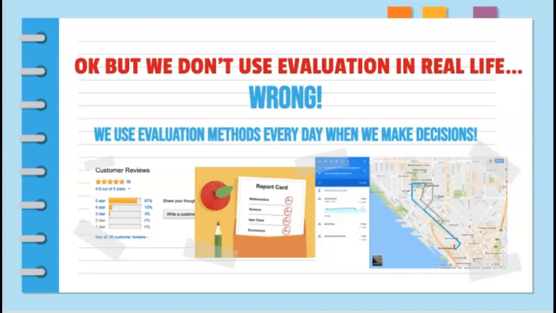We also do it anytime we buy a product where reviews are available. I don't know about you, but I buy quite a few things off Amazon. And when I do that, I try and buy things that have a high rating. I understand there are some flaws with customer ratings and reviews, but if I am buying a product that has 10,000 reviews and it has 4.5 stars, I think the product may be better than another product that maybe has 10,000 reviews and 1 star. I mean, we're looking at crowdsourcing. There could be flaws in that, but it's a good way to gauge whether or not something is going to meet our needs.